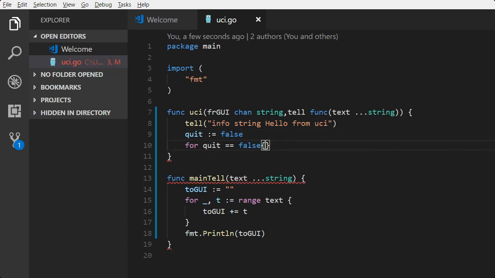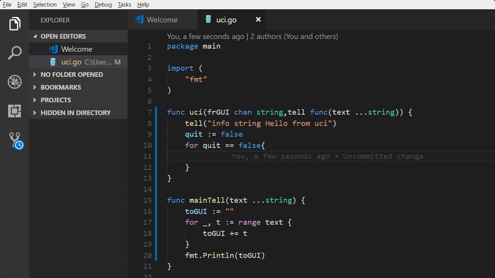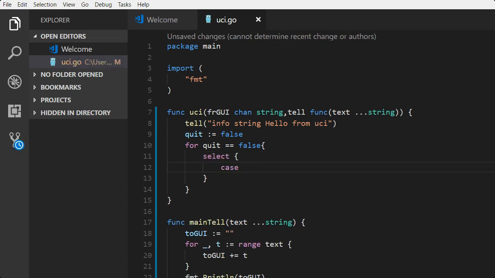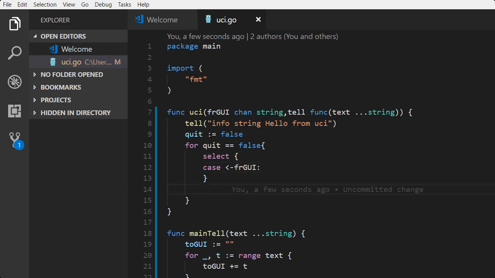As long as we do not get a quit, we will loop in the GUI, and we will select either from the GUI channel or from the engine, but we don't have the engine yet. So we have only one case here, and we put the channel value into